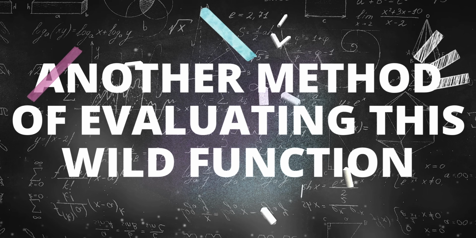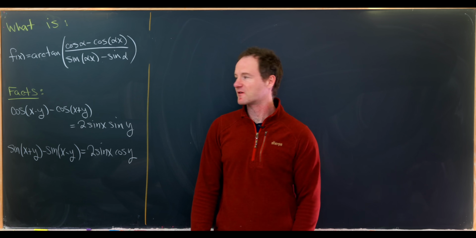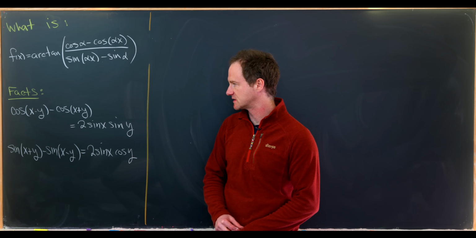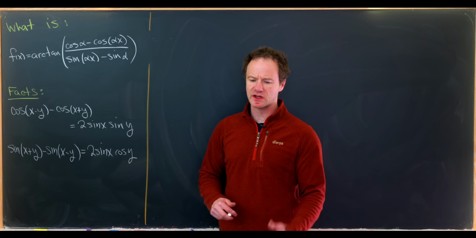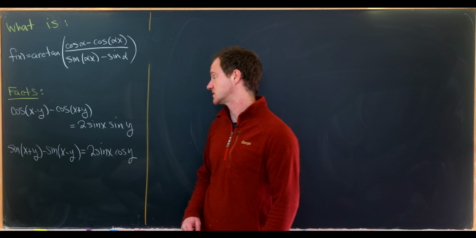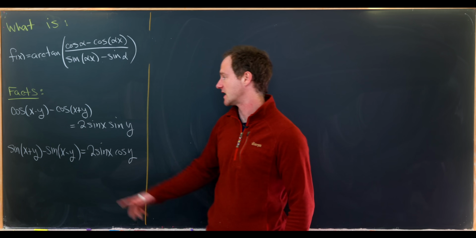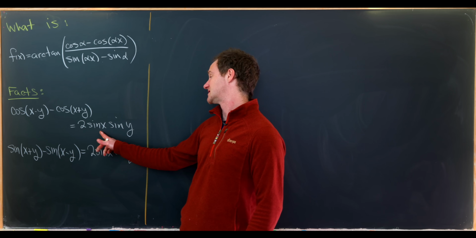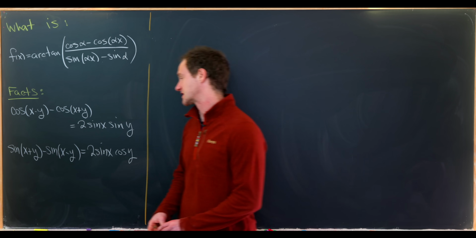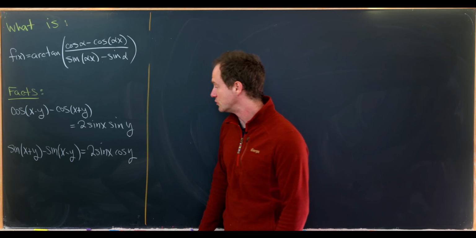Now, where was I? That being said, let's go ahead and evaluate this using another method. So for our final analysis of this function, we're going to use the following 2 trig identities, which you can get by looking at the sum angle formulas and then taking appropriate linear combinations. So we have cosine of x minus y minus cosine of x plus y is equal to 2 sine x sine y. And then we have sine of x plus y minus sine of x minus y equals 2 sine